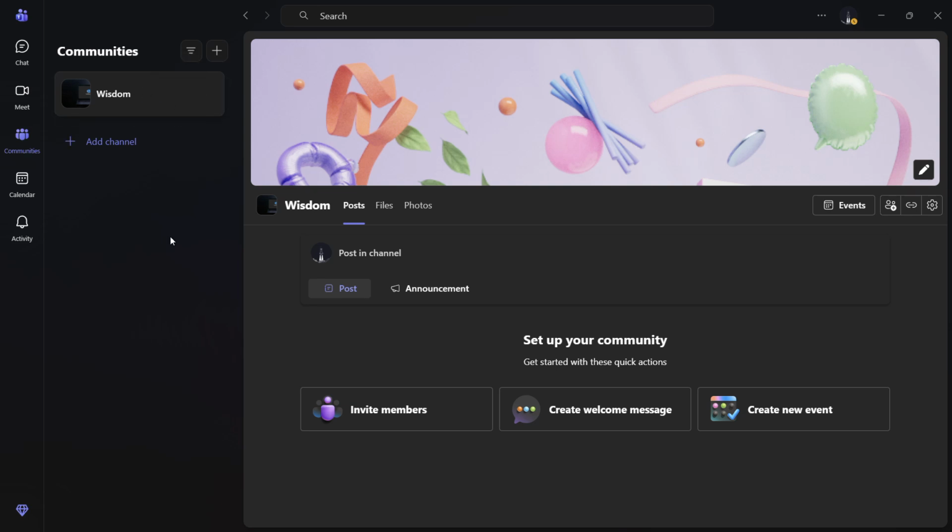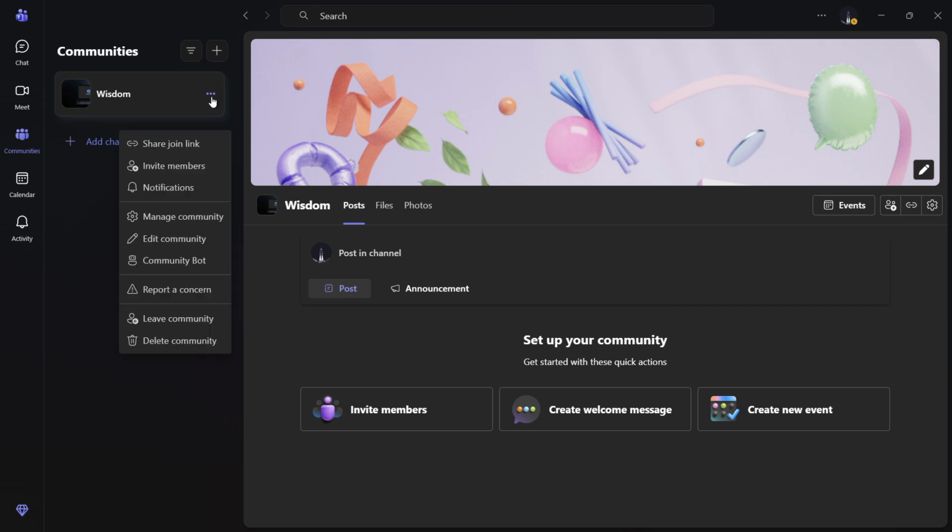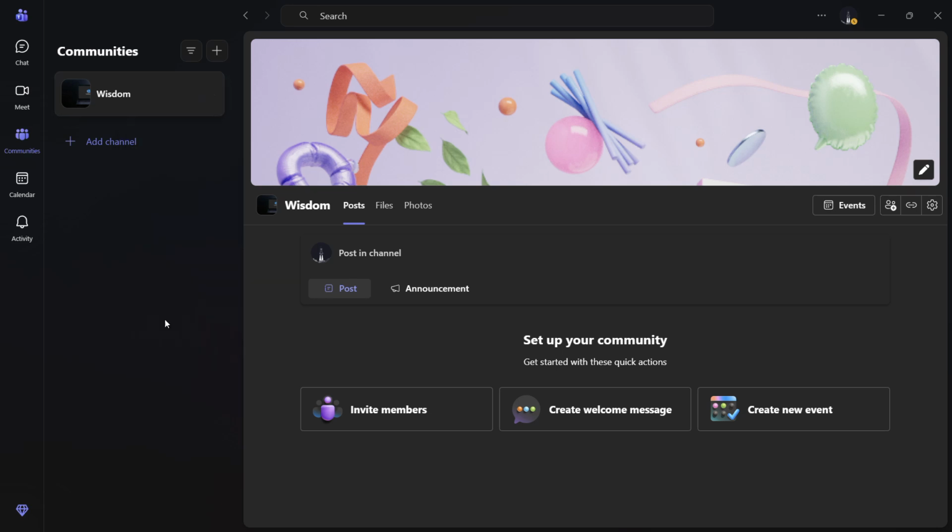Now, if I wish to leave this community, what I can do is simply select this and it will show me these three horizontal dots right here. So I need to simply click onto these three horizontal dots and a menu bar appears. Now in this menu bar, I can simply select the second last option, leave community, and once I do this,